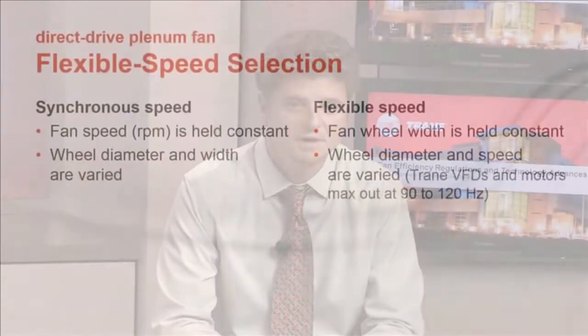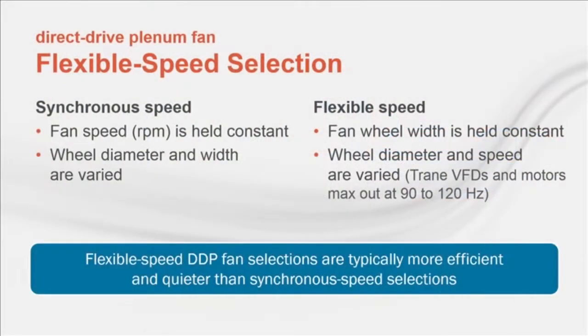As an example, the VFDs and motors that Trane uses for direct drive plenum fans in air handling units can operate up to 90 or even 120 Hz if torque is properly accounted for. Flexible speed selection typically allows for a more efficient fan choice. And because the fan operates at a reduced speed with a wider wheel, the flexible speed selection will typically result